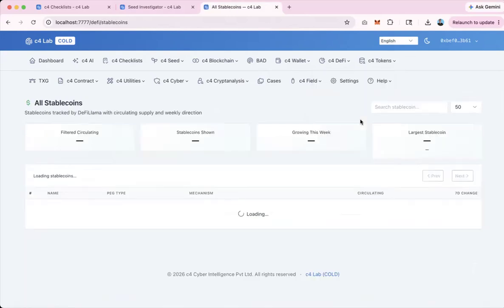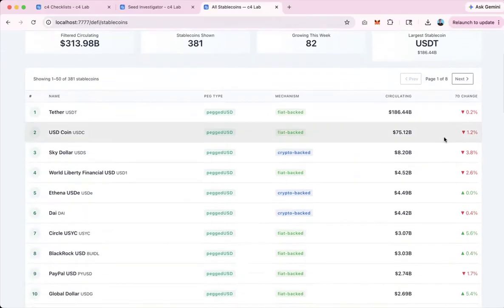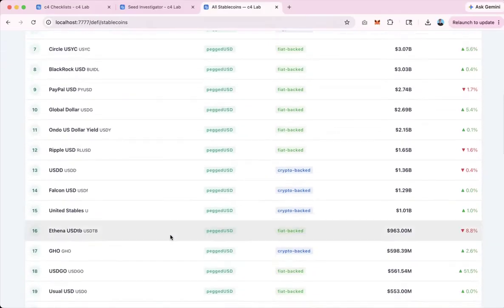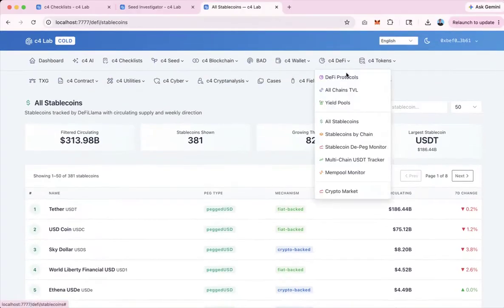For example, you want to see all the different stable coins that are there as of right now, what is their circulating supply, the total number of coins available, which of them have been growing, which is the largest, and all the information about the various stable coins, including their name, the peg type, the mechanism, the circulating supply, and the 7-day change. We also have stablecoins by chain, stablecoin depeg monitor, which is monitoring when a stablecoin gets depegged,